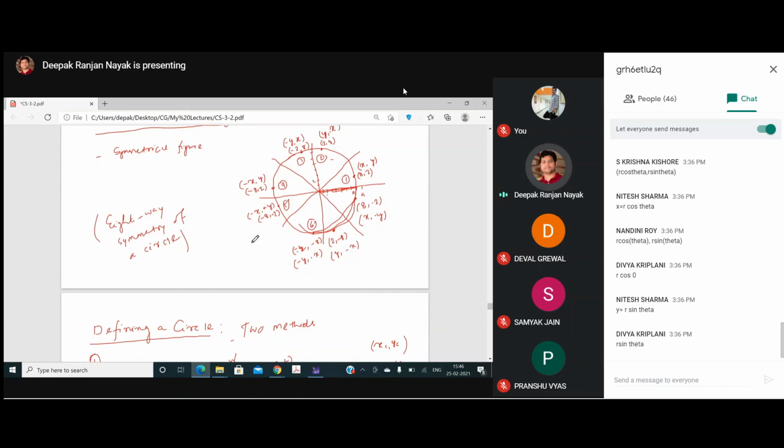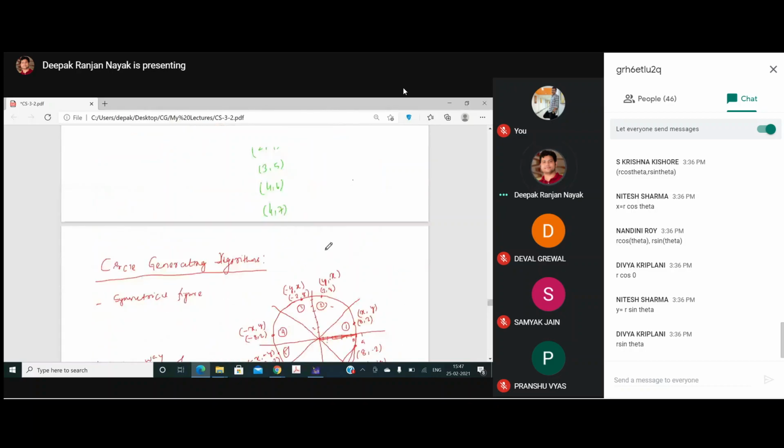So let's go through the derivations clearly. We'll try to finish the derivations in the next class and solve one or two problems related to that. Then we'll talk about something called the midpoint circle algorithm, and we'll see what the difference is in the midpoint circle drawing algorithm. While solving a problem, if you remember the equations and a few points, then you can solve it. Derivations help you remember the equations clearly, right? So therefore we are doing derivations, although it is difficult to show all of them on this online platform.